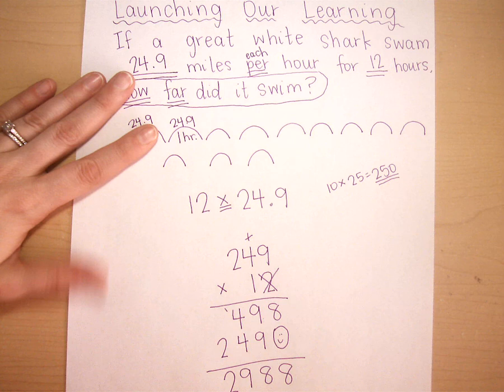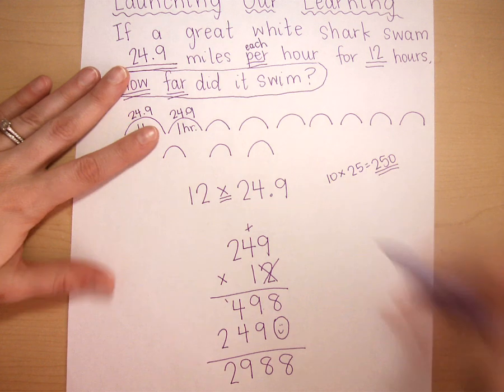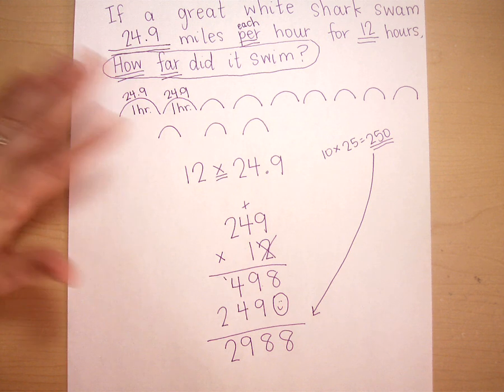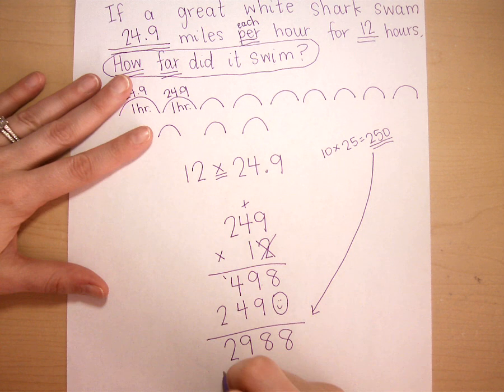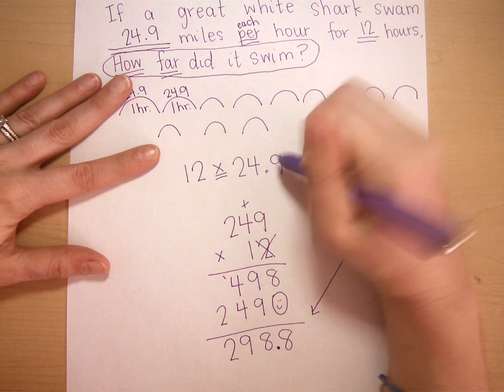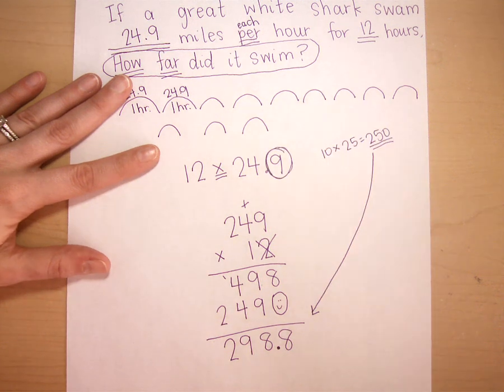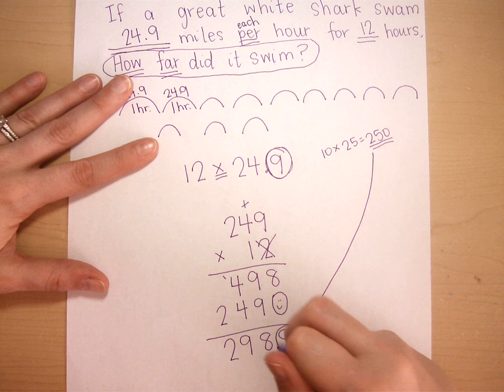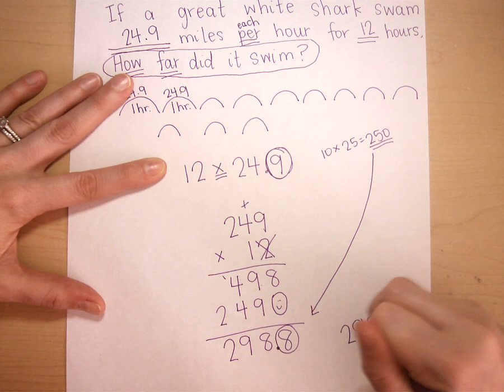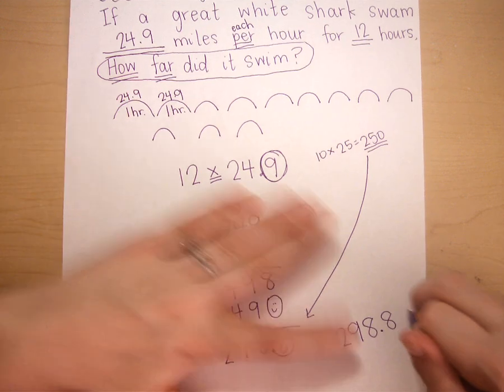So I have 298. If I look and I know my answer should be around 250, and I know it needs to be a 3-digit number in my whole numbers, so I'm going to put my decimal here. I go back to my equation. I have one number after, I have one number after. So that shark swam 298.8